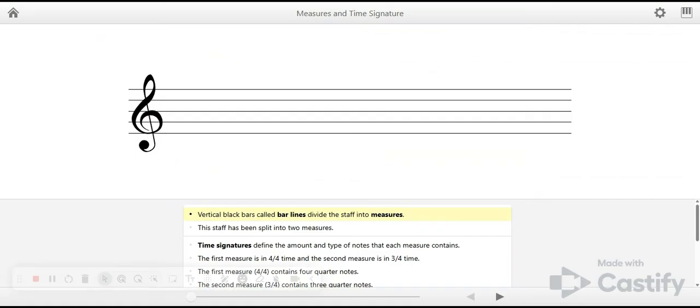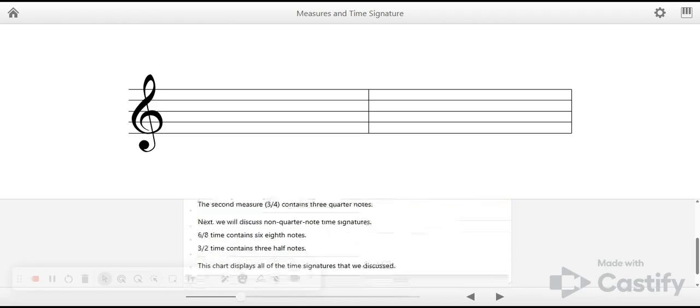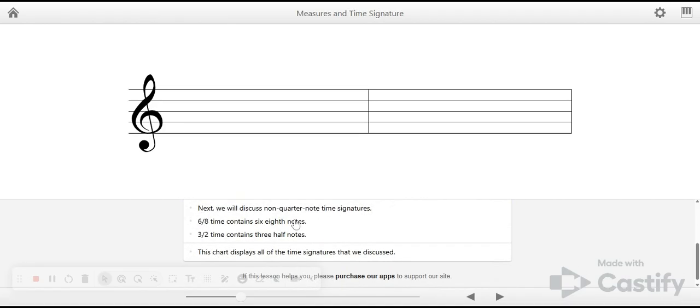In this one, we can see multiple different options that we can click on. For this purpose, I will show you what happens when you click on, for example, time signatures define the amount and type of notes that each measure contains. We now see the difference that it has divided this bar staff in half. And if we scroll a little bit down, we see that if we click on 6/8 time contains 6/8 notes,